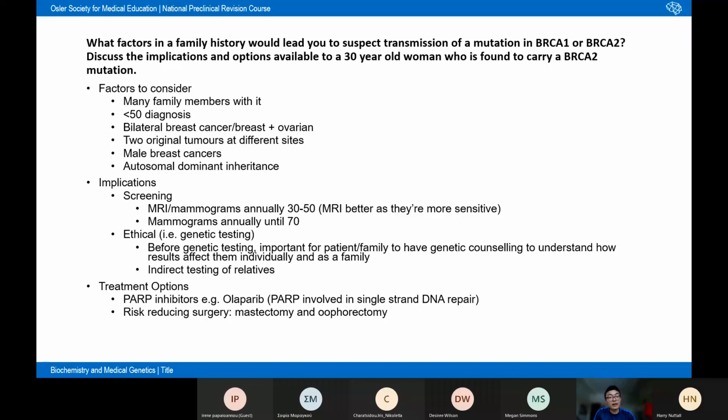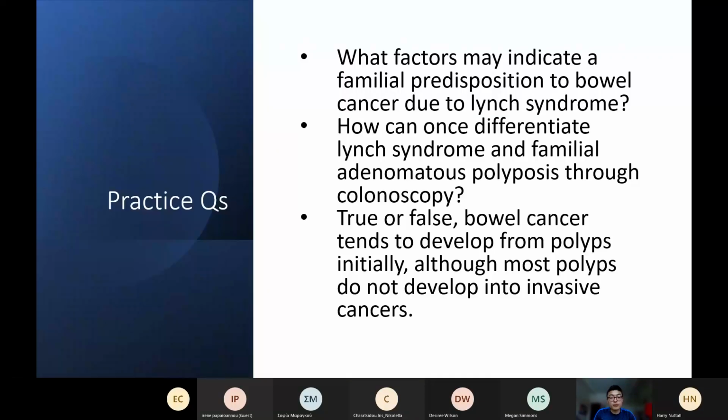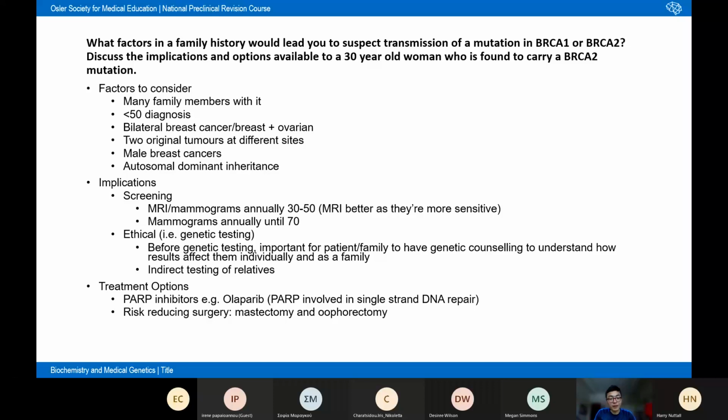If it is discovered that a 30-year-old woman has the BRCA2 mutation, this has several implications, both in terms of treatment, but also ethical. So firstly, the patient might want to embark on regular screening with MRI or mammograms annually from the ages of 30 to 50. MRIs tend to reveal a bit more detail and are better at defining the tissue. But either one of these can be used to indicate perhaps the development of a breast cancer